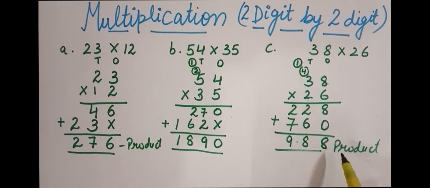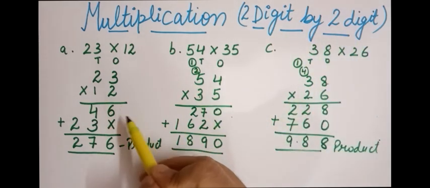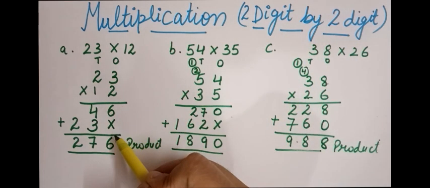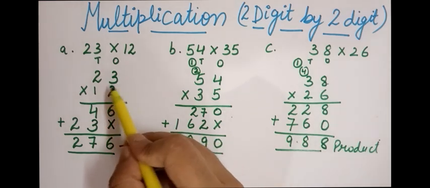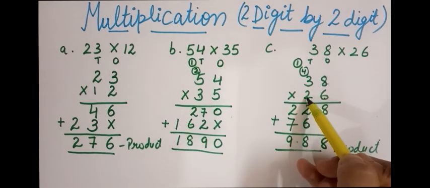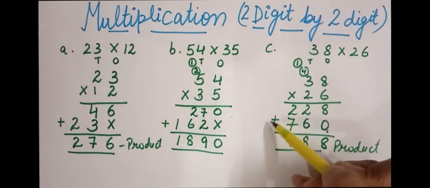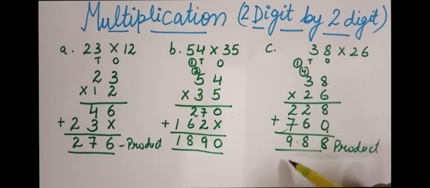So I hope this is clear to you, how we can multiply 2-digit by 2-digit numbers. In that, this step will be increased as compared to the previous one. Here we first multiply the 2-digit number by the 1 digit in the ones column, and then in the second one I'll take the next digit, crossing out the ones place, and then finally we just add both the numbers to get the final product. So I hope this is clear to you all.